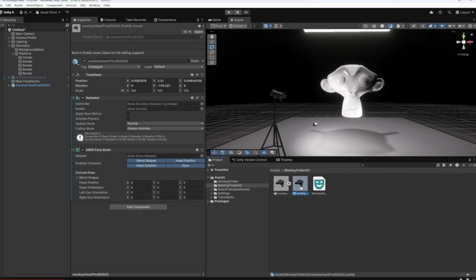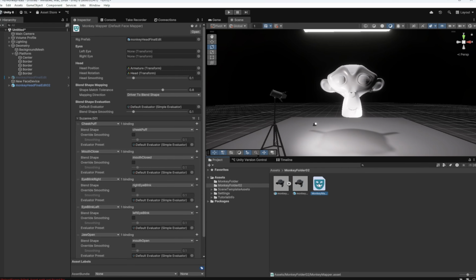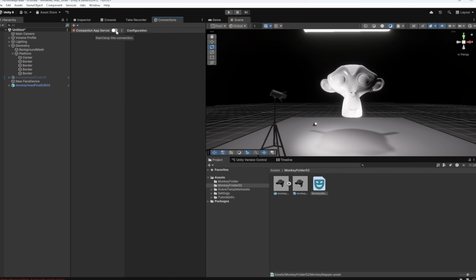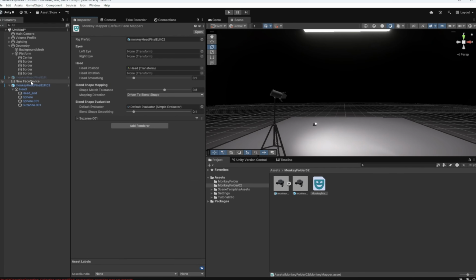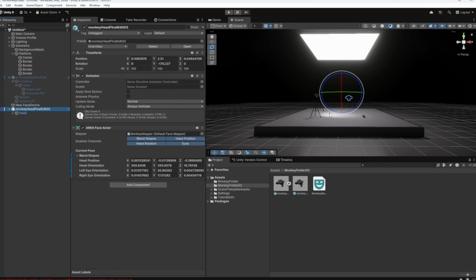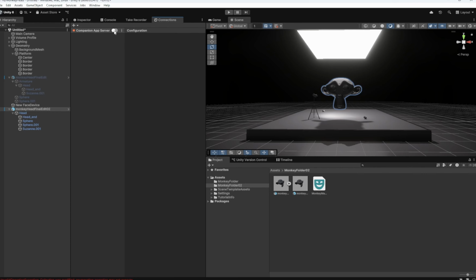Let's click on the prefab again. Let's add this monkey. And since this rig has the same stuff, we could just change the... okay, that looks good.